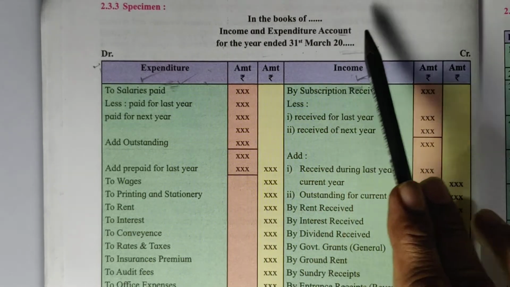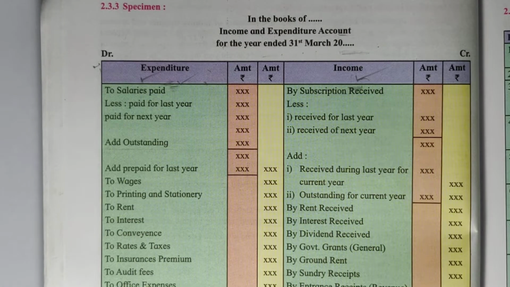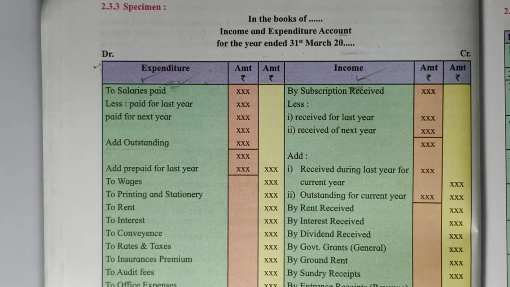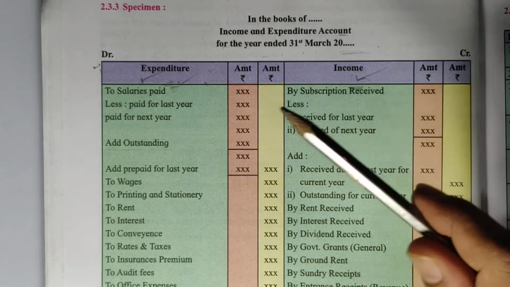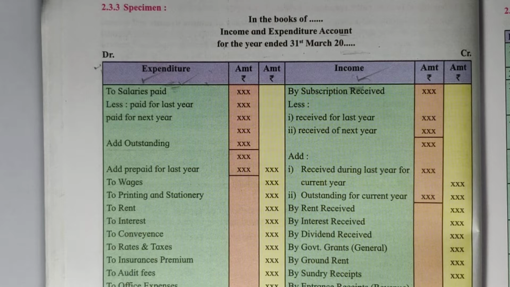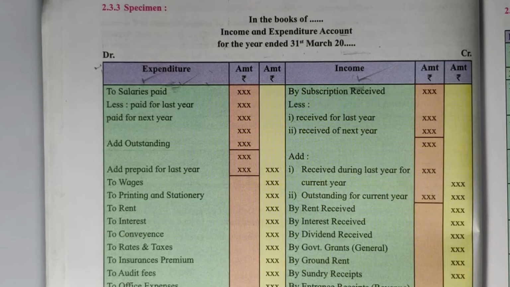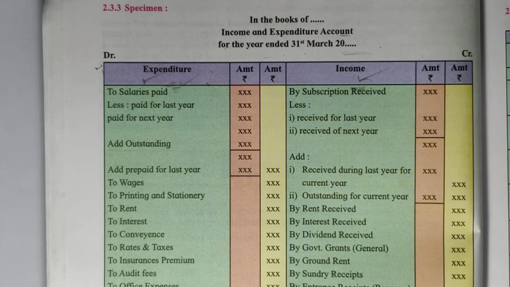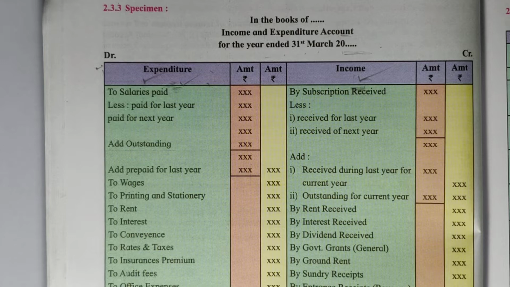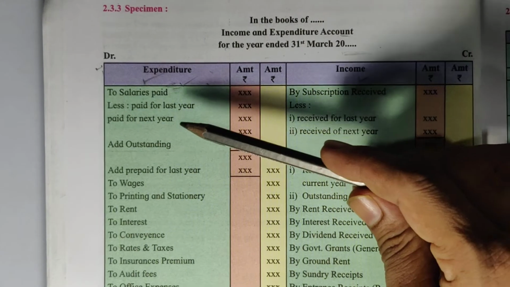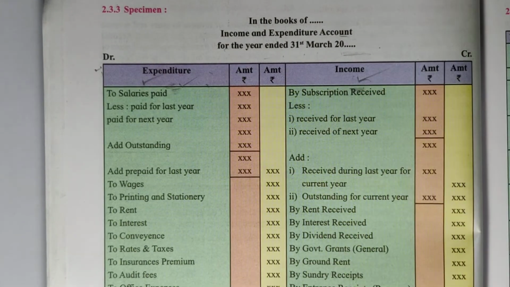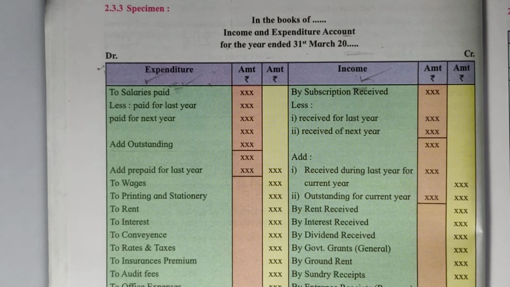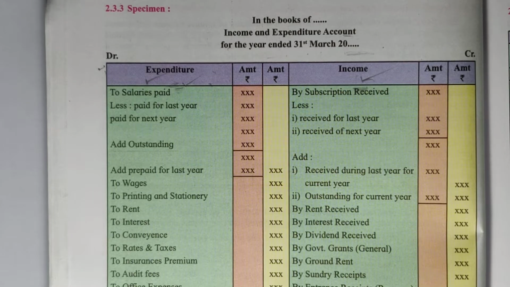Income and expenditure account is similar to the profit and loss account. It is prepared to find out surplus or deficit of the business during a financial year. If income side is more, then there is surplus, and if expenditure side is more as compared to the income side, then there is deficit. Surplus and deficits are transferred to capital fund.